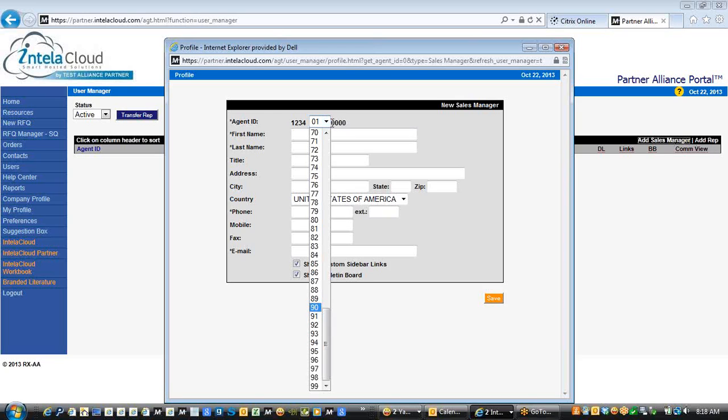And in fact, they can put up to 9,999 reps below them. Again, all at no charge. Each one of these almost 10,000 reps would all have a username and a password. They all would be logging into your portal, and each of them would be able to go in and do quotes, give you feedback on quotes, enter contacts, and certainly go in and track their orders as their orders are moving through the provisioning process and into installation. So you now have a very nice tool to be able to add essentially unlimited users below you,